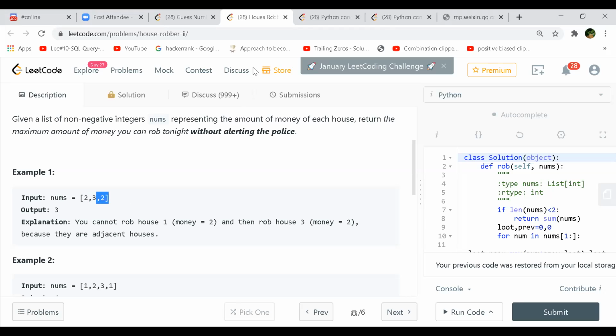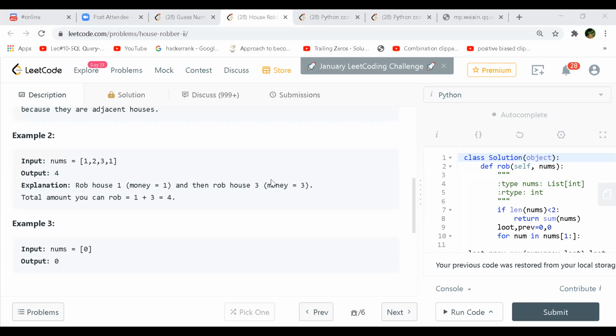So this problem looks easy, but it is not easy, and the reason is how I initially started thinking. Implementation-wise, everything is easier once you understand it. But look at example two. If I pick two, I cannot pick one and three, right? So what I tend to think is, I'm not going to pick one, and now I'm not going to pick three.